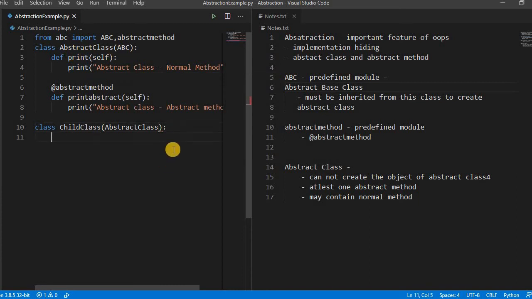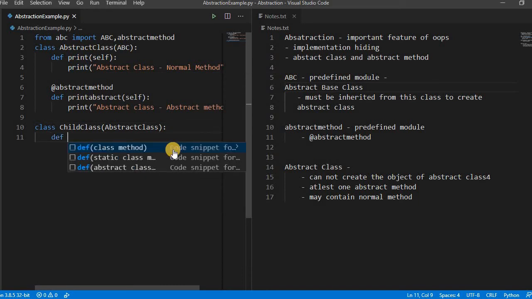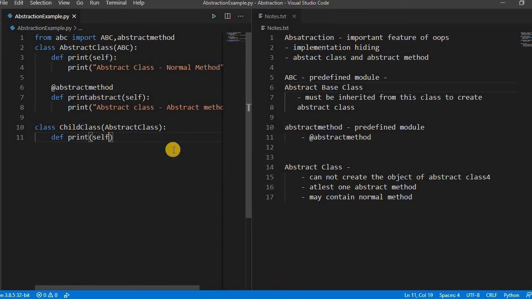Now let's create one method here, def print. We can have it here because this is the normal class. This normal method belongs to this abstract class, but this belongs to the child class. There is no overriding method. Okay, print "child class normal method".